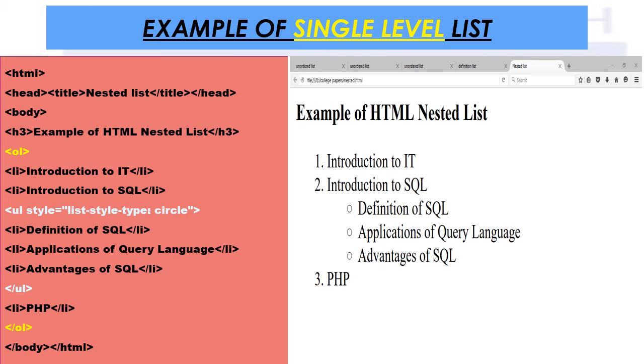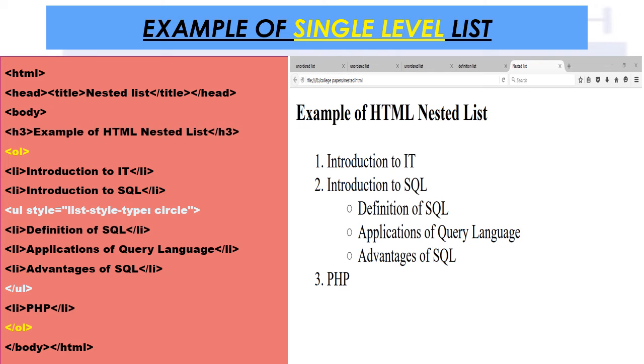That means inside the list I am giving again another list. For the other list also I am taking UL over here. You can take OL also, no problem, with the type attribute as 1, 2, 3, 4 or small Roman numbers, or ABC also. Here I have not used any attributes for OL, but for UL I have used the attribute of circle. So this is how you get the output.